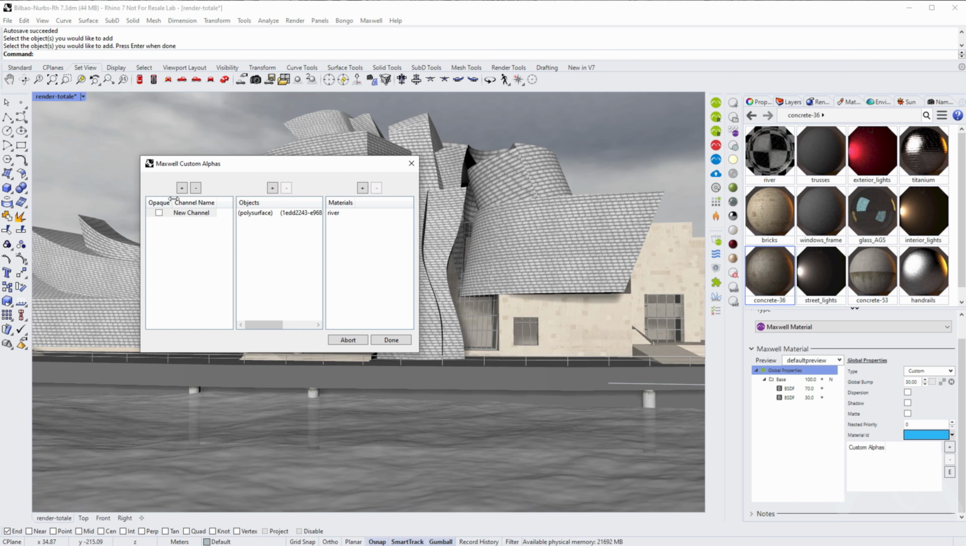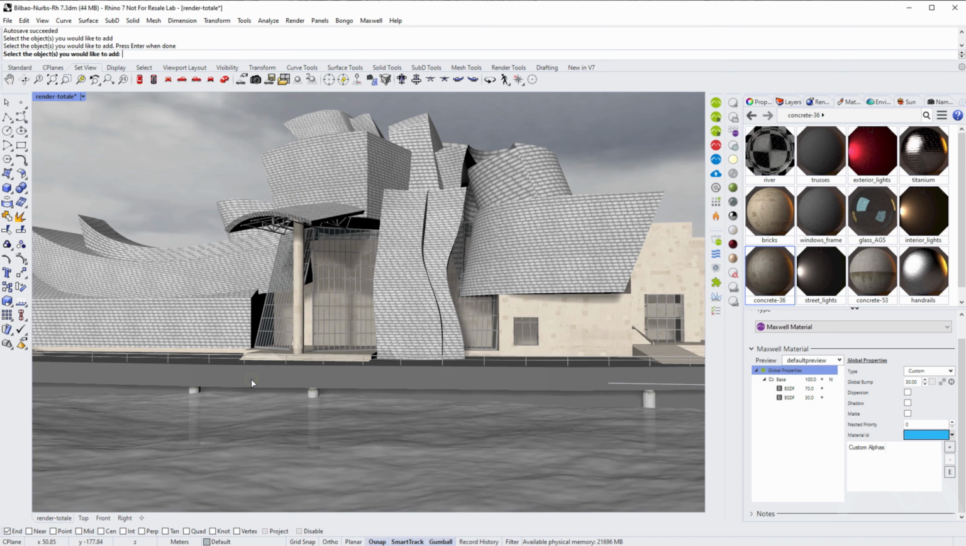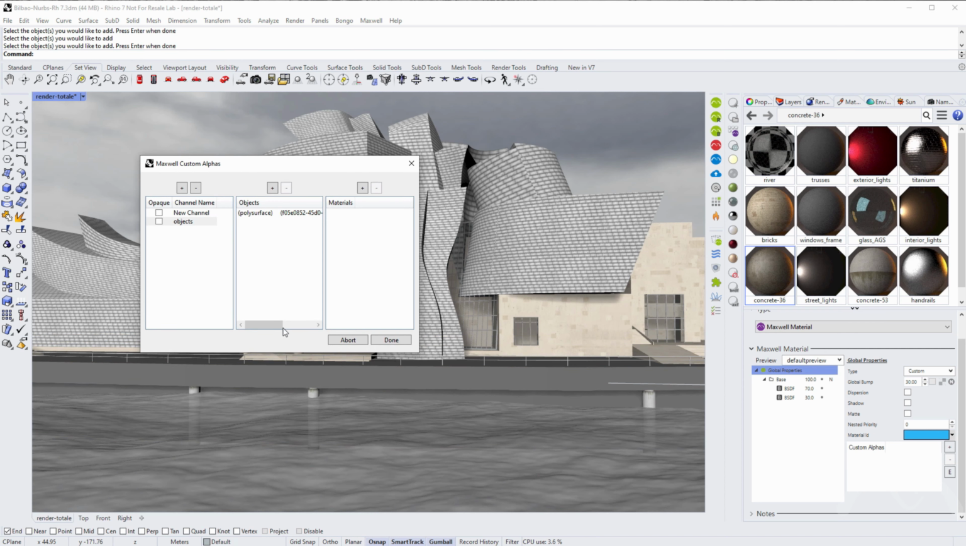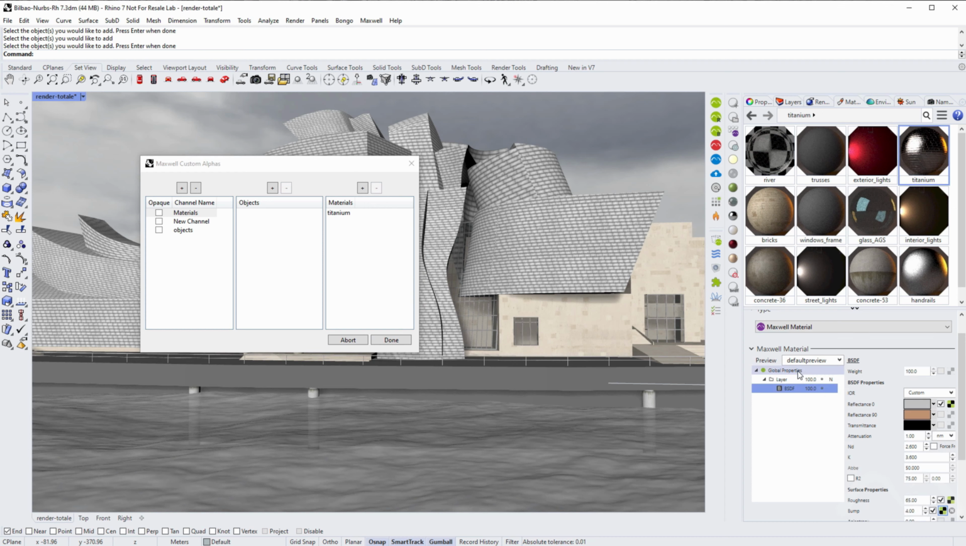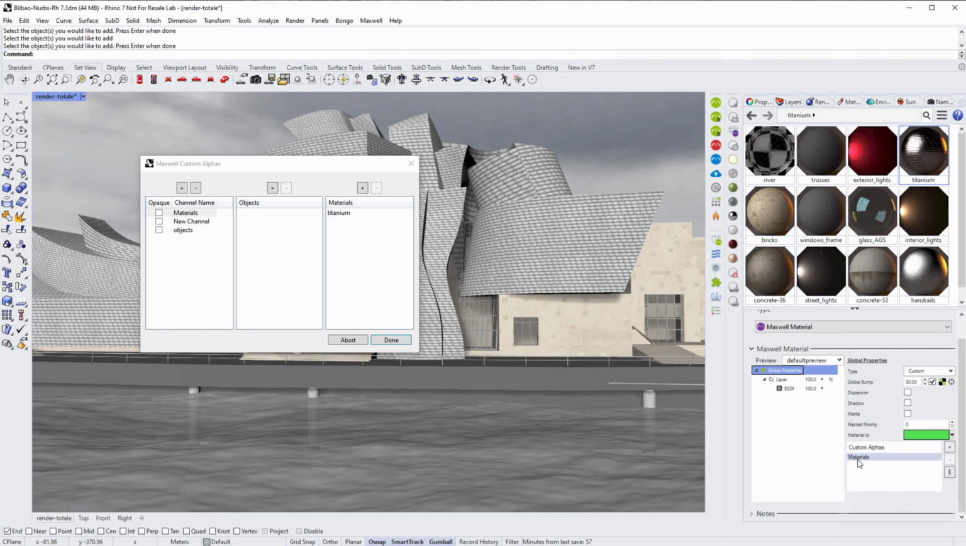Of course I can have them separately. For example, if I only want to add some particular objects like this one, or I can create just 4 materials like this, and I will add the titanium, for example. Okay, so now if I go to the titanium material in global properties, we will have this channel here, and